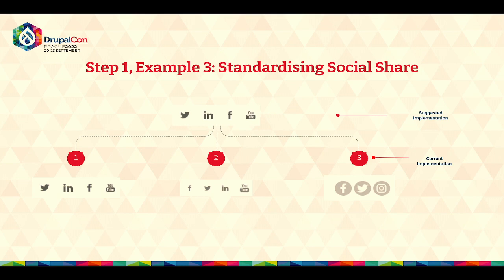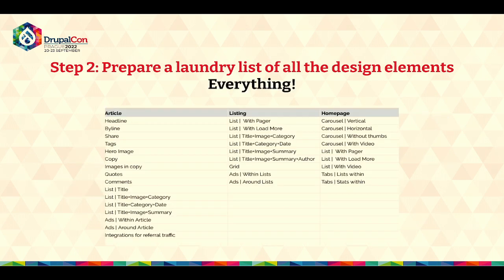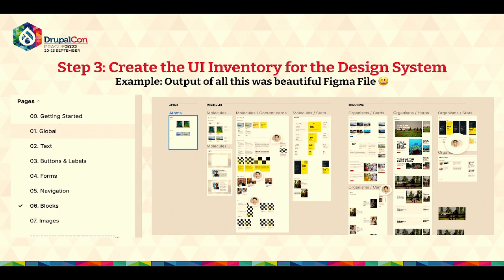So all this exercise, probably around a month of exercise, we came up with a laundry list of what all components, design elements they had on the website. So we prepared a laundry list, we shared it with the designer, and what the designer did was, this was step 3. They came up with a Figma file, right? Figma file had all the components designed, and this became the holy grail for the developers to develop a design